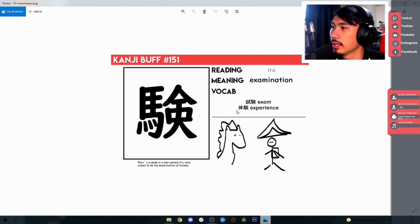So 151 is a horse and a dude with a hat and a backpack. You can see it here. He has that cone hat. He's walking. He's a person, and then he has a backpack on. So there's a dude in a hat named Ken, and he comes to do his examination of horses. So this kanji obviously means examination or exams, and it only has 1 reading, super easy, barely inconvenience. It's Ken, and we have 2 common words that you'll see a lot, which is shiken, which is to try a test,